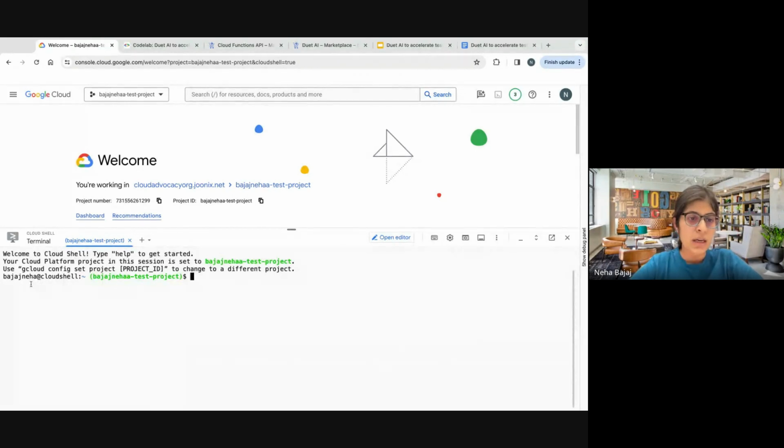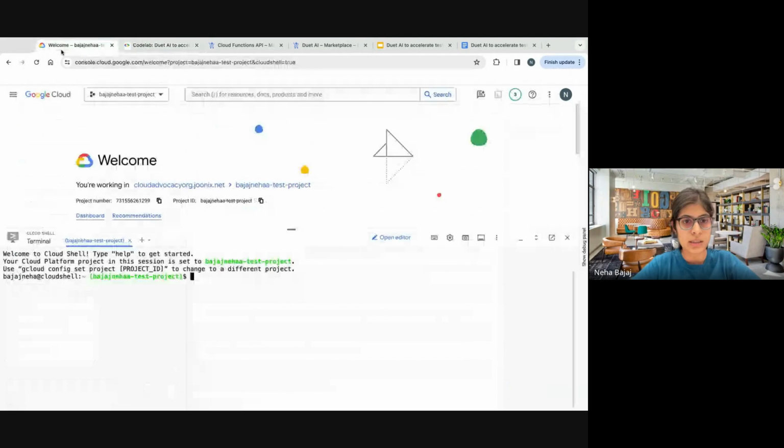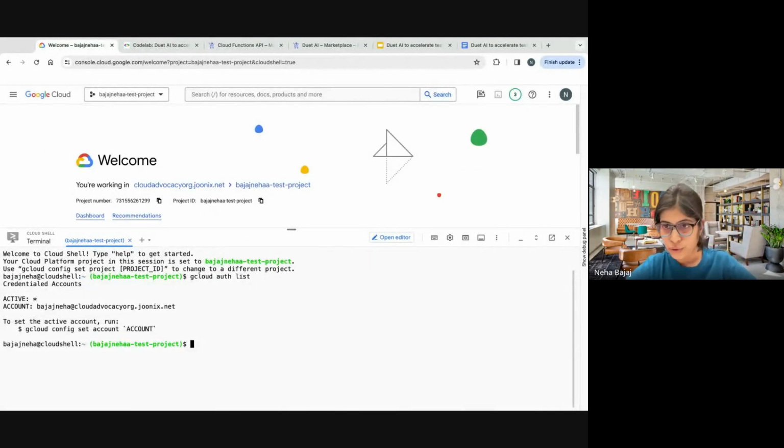So for me, it shows my username at the rate cloud shell, and then it also shows my project ID. But we'll again verify whether things are fine, very well set up or not. So go back to your code lab and copy these commands. So I'm going to first copy gcloud auth list and paste it here. Once you do that, if you are authenticated, you should be able to see account and then your email ID